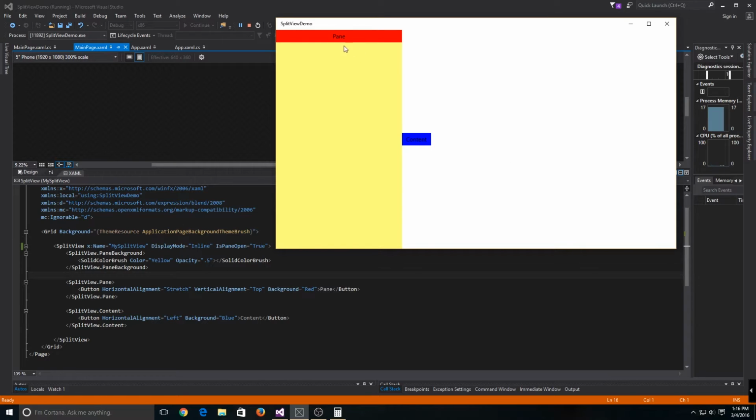And then we have a content area which is simply in white. We have a red button on our pane, seen here in XAML, and we have a blue button left aligned, seen here in the content area of the split view in XAML, to show how the pane pushes our content area or hovers over our content area depending on our display mode, which is set right here on the split